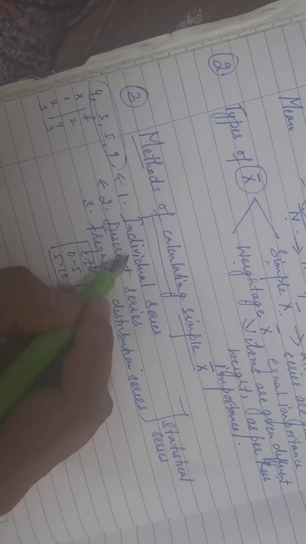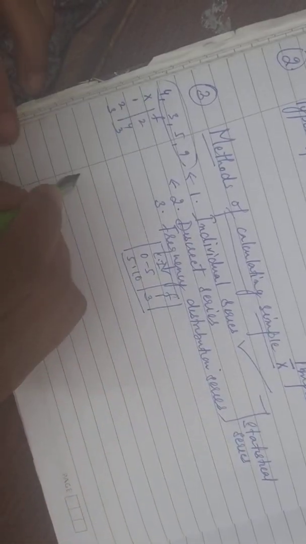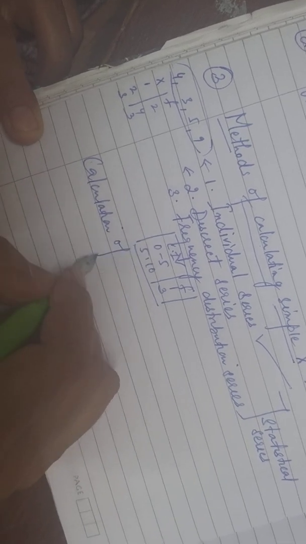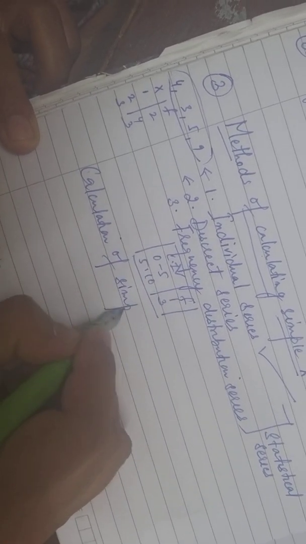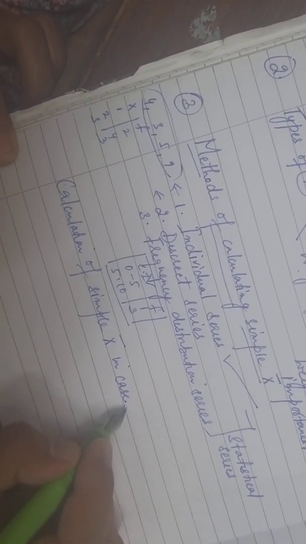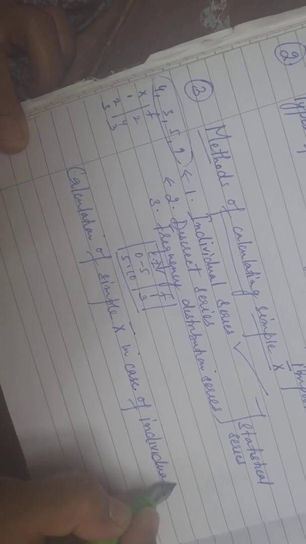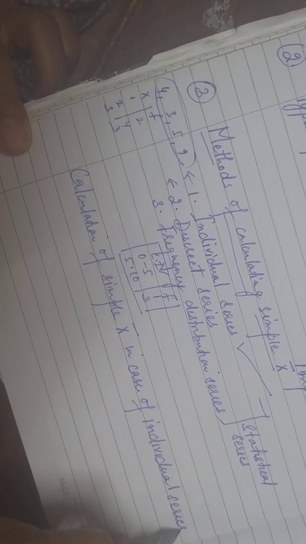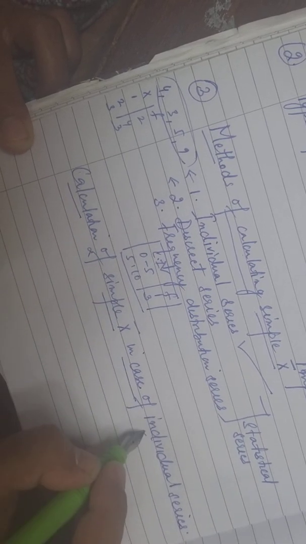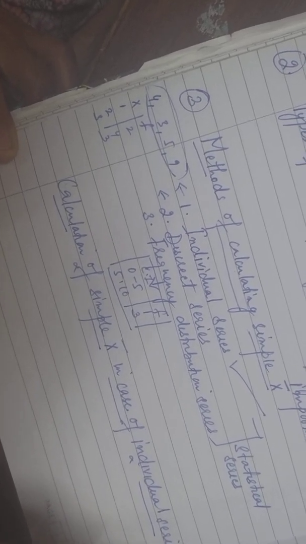Alright, now first I'll go for individual series. So first one will be calculation of simple arithmetic mean in case of individual series. So we will take up this first. Now calculation is very simple. Now see here,